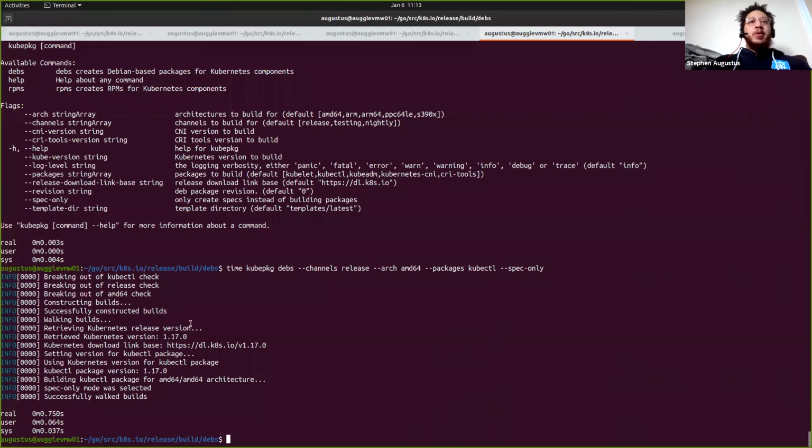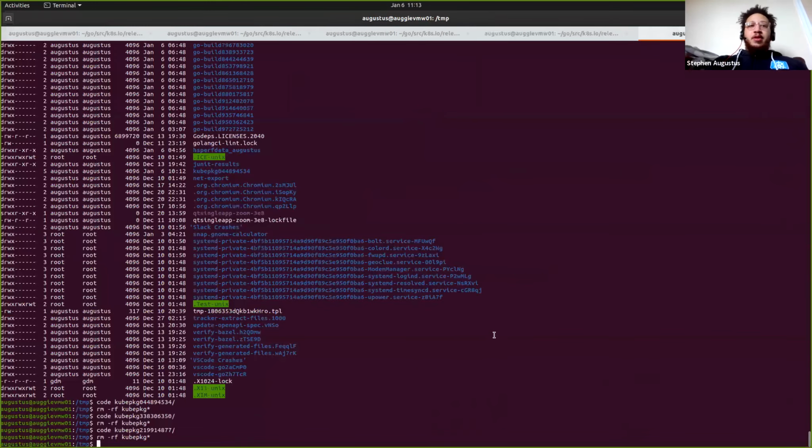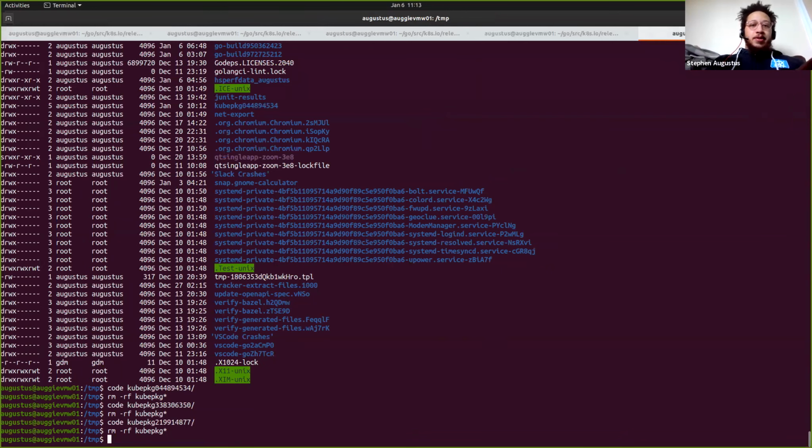We're looking at what the Kubernetes version is. We're setting that version. We're figuring out what the download link is going to be, and then setting the version for the individual package, right? And then starting to build the package for, so this is the Go architecture, and then the deb or RPM build architecture, right? Lets you know that spec only mode was selected, and then says that we successfully walked the build, right? So looking at those builds, if we were to do, so this is in my temp directory right now,